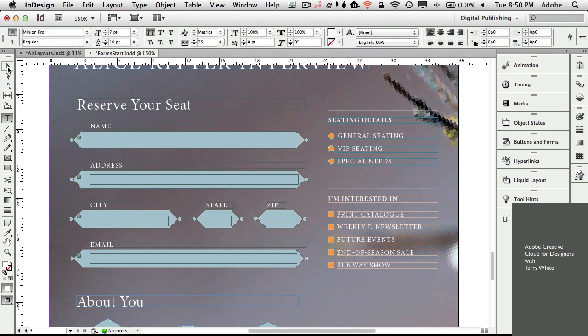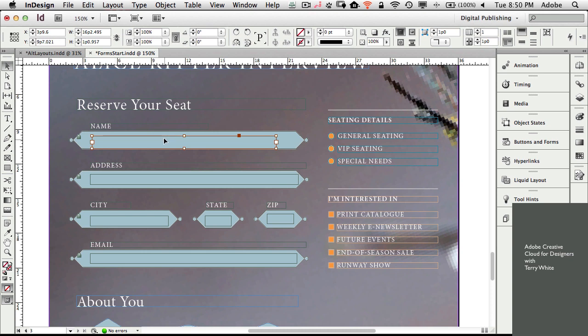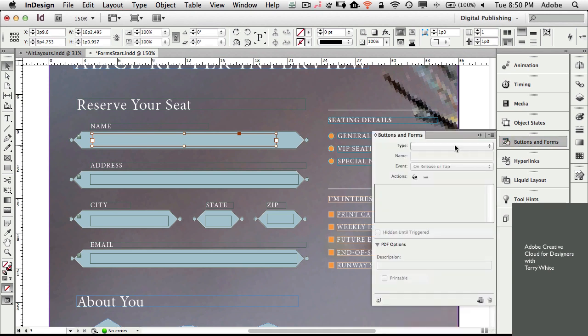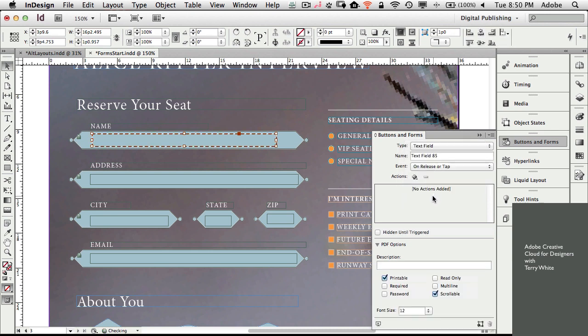Once you get that new frame in place, you can of course adjust it as you see fit, but then go to our brand new Buttons and Forms panel and create a new text field with all the same options that you would have inside of Acrobat right here inside of InDesign. So now for the first time, InDesign can be your form authoring tool, where you're not only designing the form,